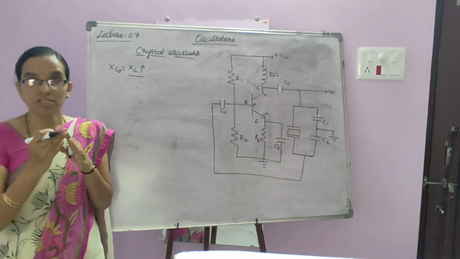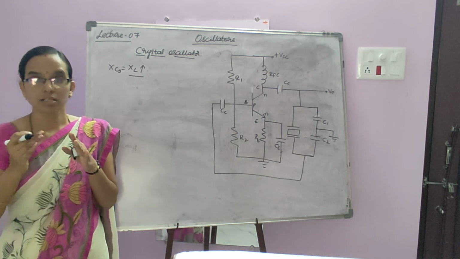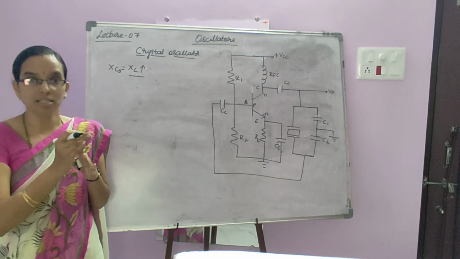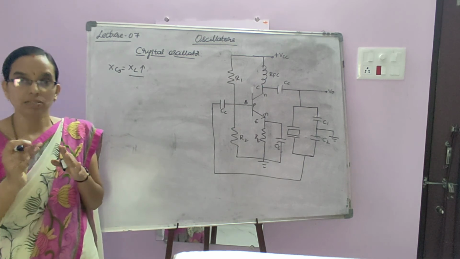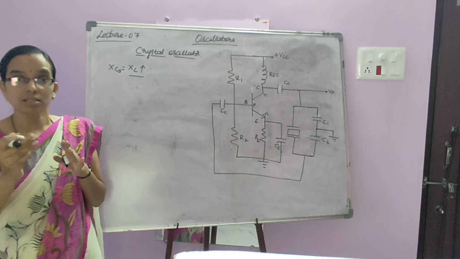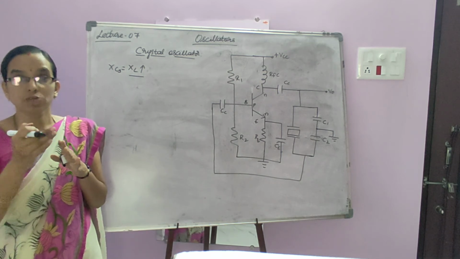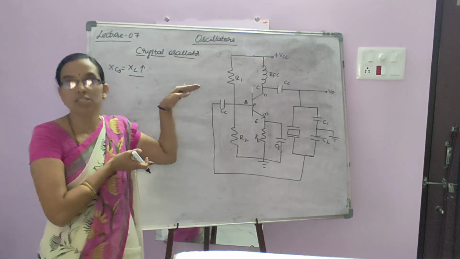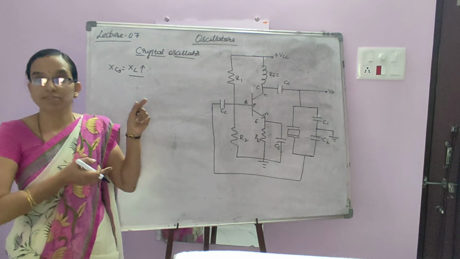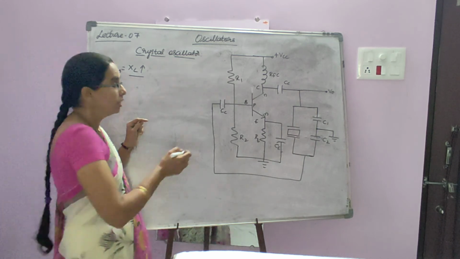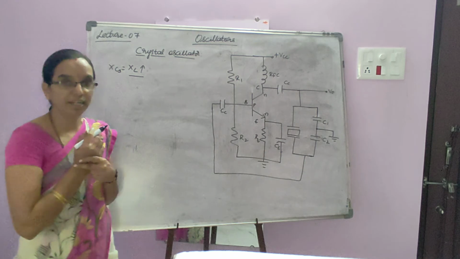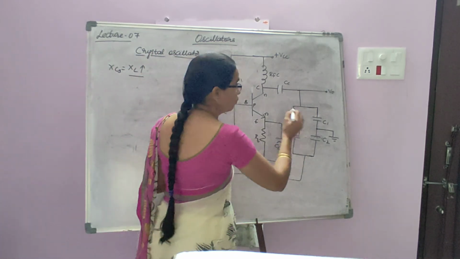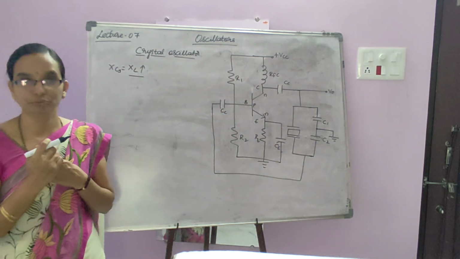Okay. At series resonance, XL becomes equal to XC. At a slightly higher frequency than the series resonance, we will obtain parallel resonance. At that time, if the frequency is increased, inductive reactance is increased, and the circuit behaves as inductive. In this series combination branch, the circuit behaves as inductive. So here the crystal behaves as inductive. This is same as Colpitts oscillator. Only thing, the crystal's equivalent circuit you should learn perfectly.